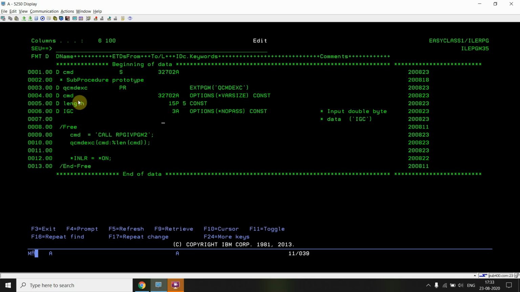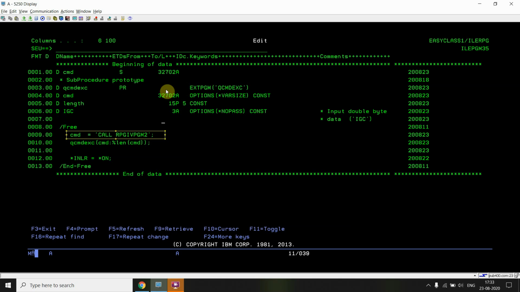The first one is the command which we are building here. You can see we are building a string which is actually a command, and that gets fired using the QCMDEXC API, or program. The maximum length of the command which we can give is 32702 characters.